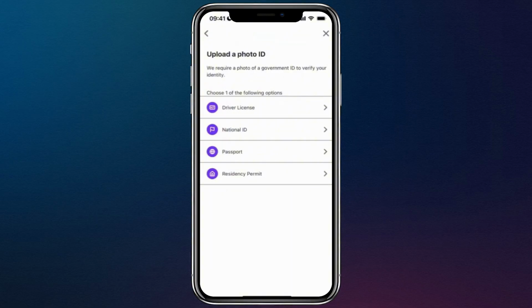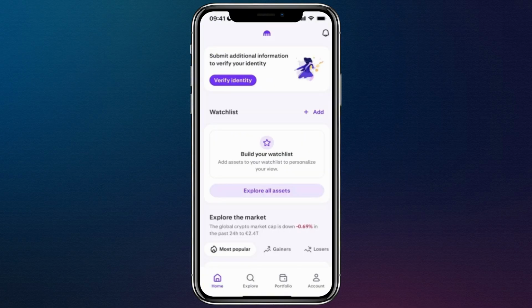Once the ID photos are submitted, Kraken may ask you to take a selfie or short video to confirm that you are the same person on the ID document. After completing this step, the app will process your verification. If everything checks out, your Kraken account will be fully verified, giving you access to all features including deposits, withdrawals,